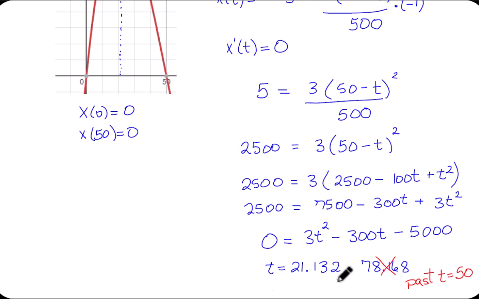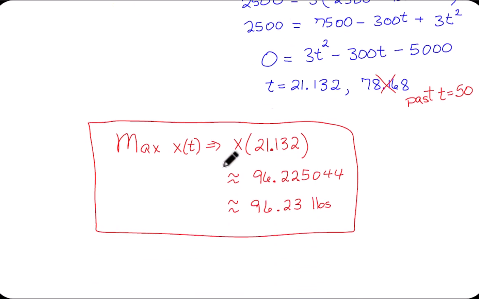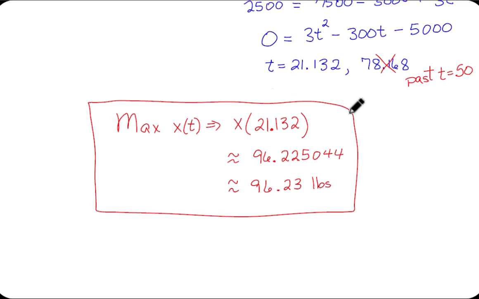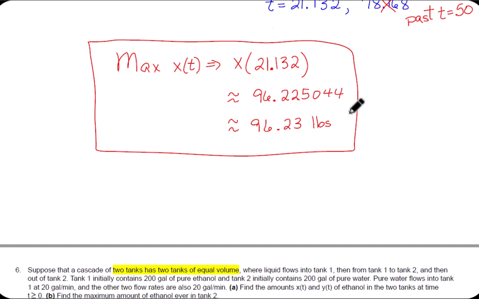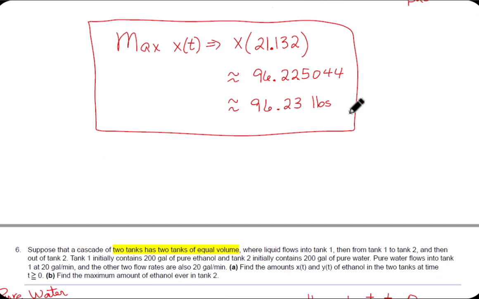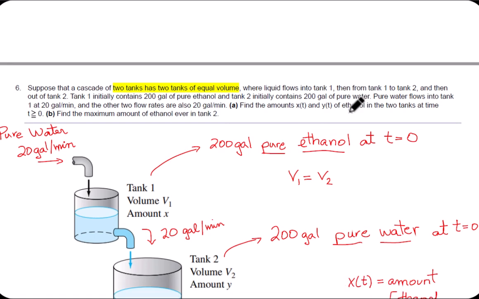beyond the time. So the time for maximum salt in the tank is at about 21 minutes. So plug that into my formula for the amount of salt, and we get about 96.23 pounds of salt in the tank at 21.132 minutes. All right, now if that wasn't hard enough, we now have, in our next question, two tanks that